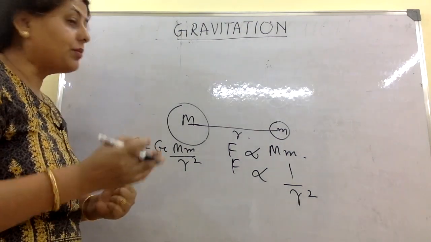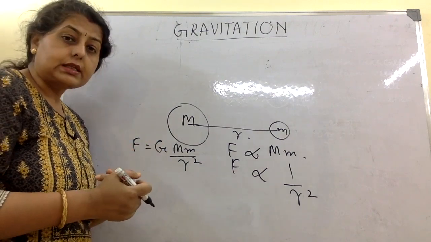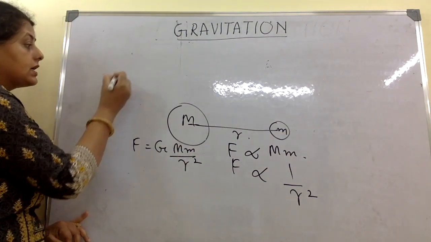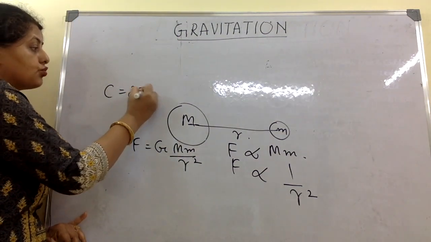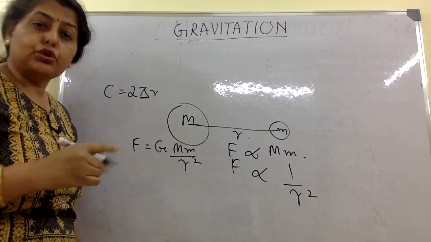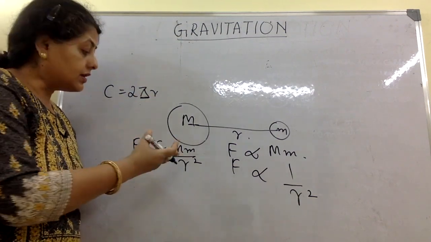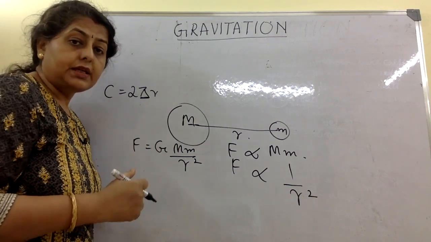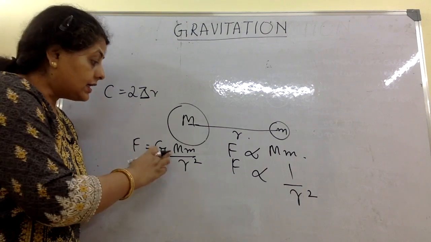Now you have come across many constants before this. You have come across one very interesting constant, that is, the circumference of a circle is 2 pi r. Remember, pi is always 22 by 7. You know this. So similarly in here also this is a constant. What does this constant mean? It means that if